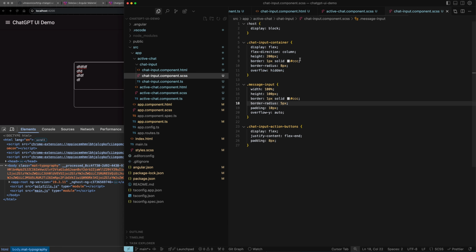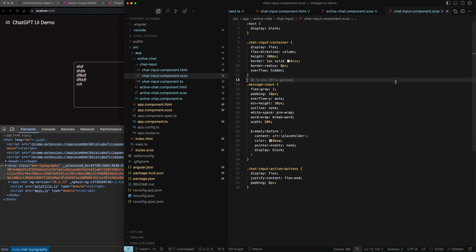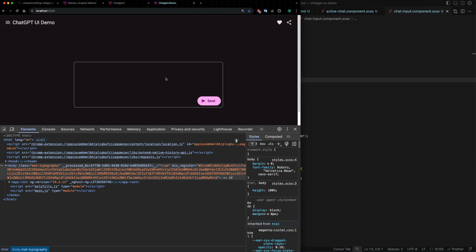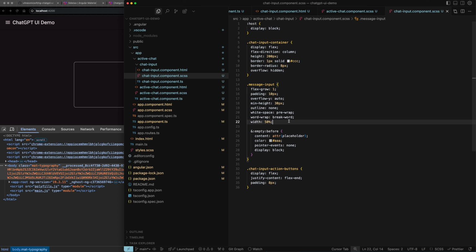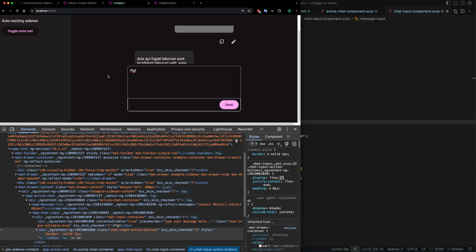Okay, so let's continue. What I can do is make it a little bit more beautiful by adding some more style here. And you can see it looks better now. What we're doing here is we just added some styling and we wanted to go to the next section of adding messages. If you go to the end demo here,